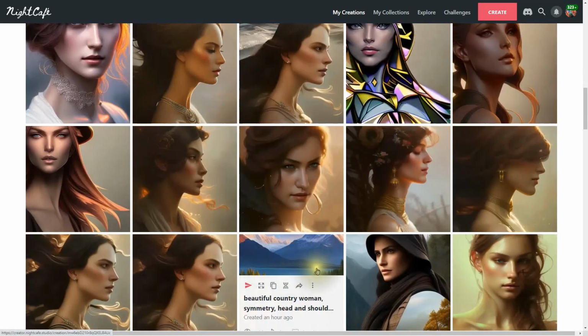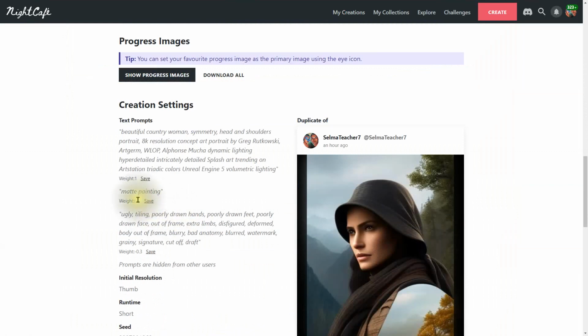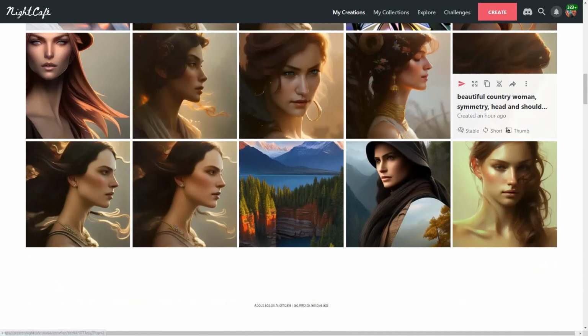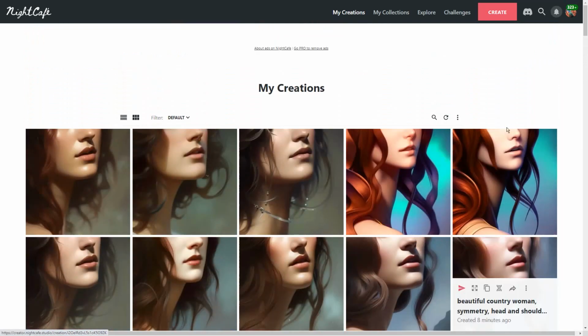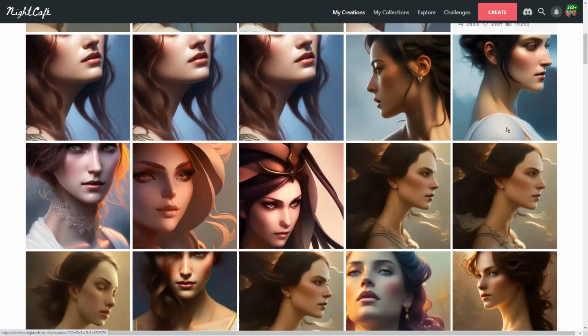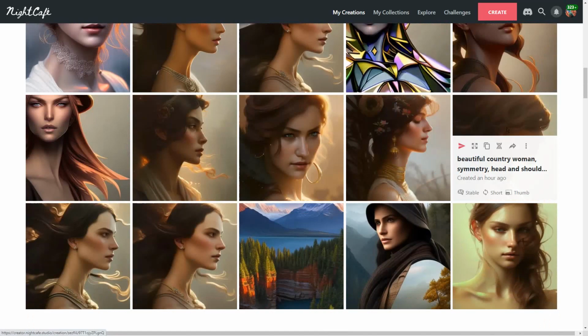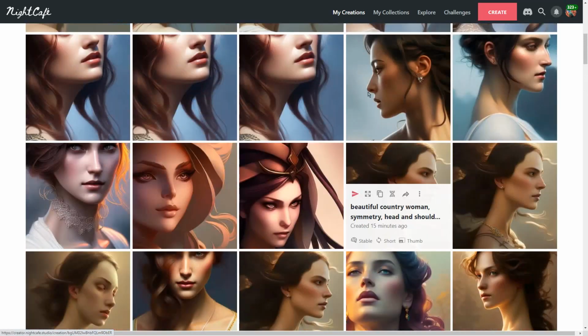And you say, well, Mr. Berry, what happened there? Well, here on this one, if we look at it, you'll notice that on the prompt I had the matte painting as 0.8, and it forgot to put a person into it. All right, so you can see the results here. Hopefully this gives you a chance to create something that you really like, and not just strange colors with a landscape, but an actual person as you wanted there.